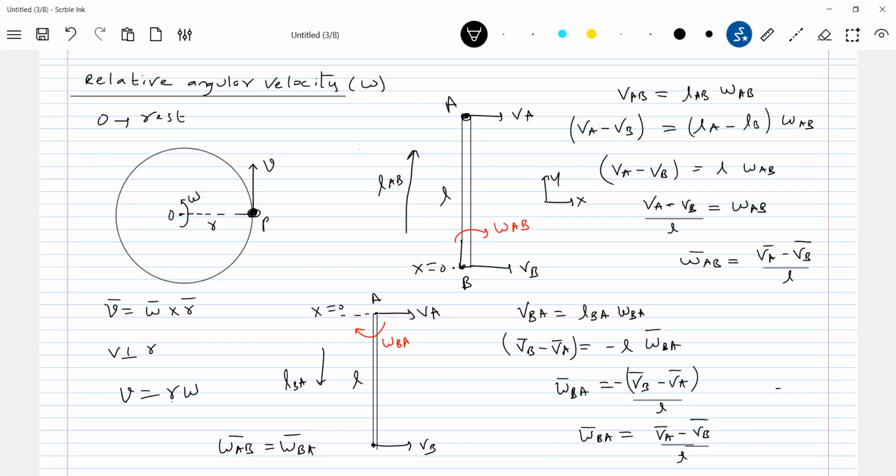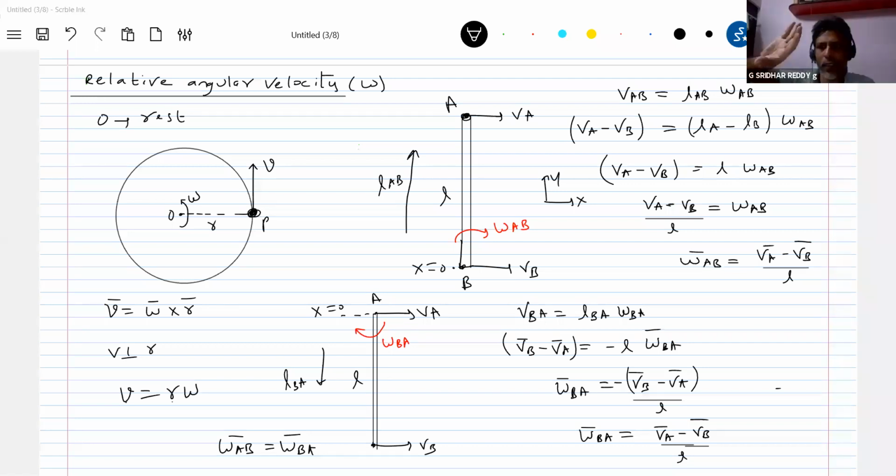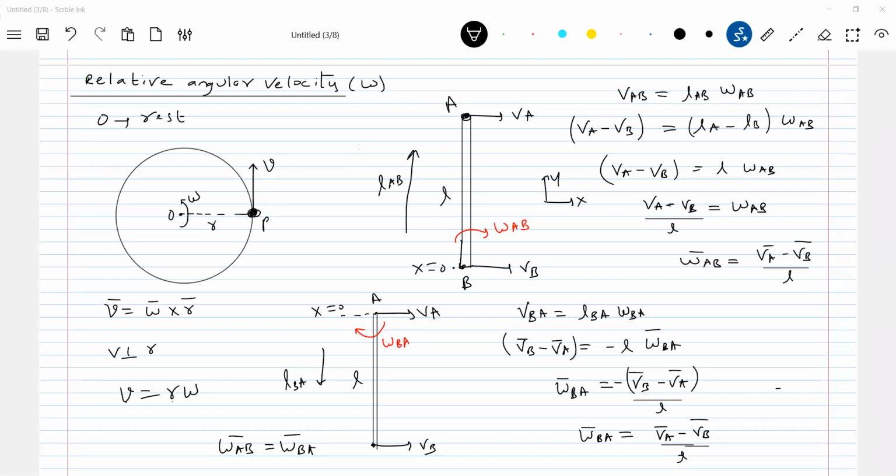You look at the curl fingers, right hand screw rule, similar to the vector cross product. So just close fingers, no? I'll curl fingers like this. Then the thumb will point into the plane, no? Yes, sir. Understood, sir. This is very important. Once you know this, the rest of the mathematics you can see is very easy. You can feel very convenient now.